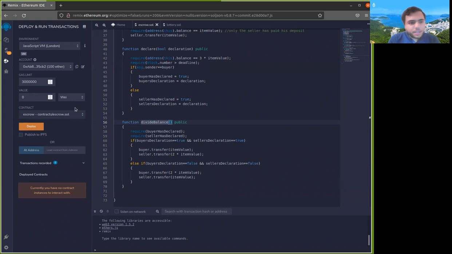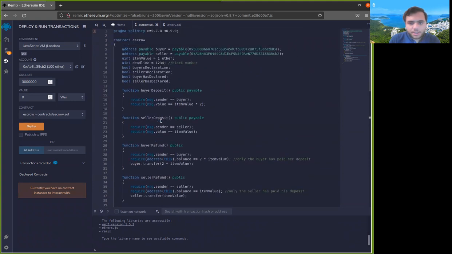So there is a question in the chat that asks, why do we have two declaration variables for each of the buyer and seller? So this one just keeps track of whether a declaration has been made or not, right? And the second one is the actual declaration. And this is because I want to distinguish between the case where the buyer has not declared anything yet and the case where the buyer has declared that she has not received the item,